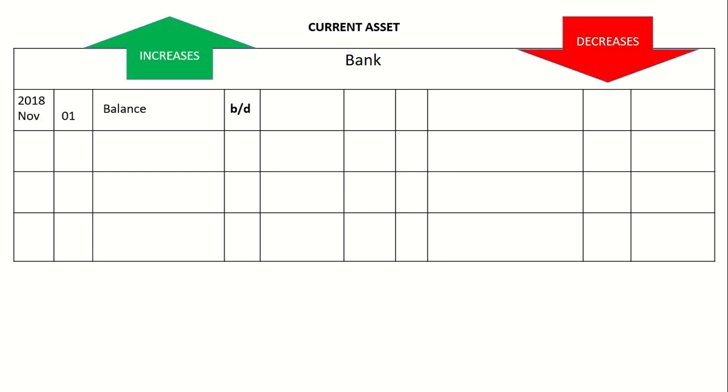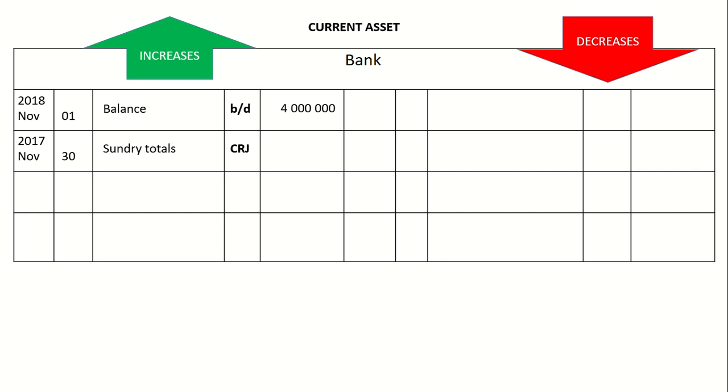Now in this case, balance brought down, we had 4 million, but that 4 million increased on the 1st of November. That's why I put in the 1st of November. I don't put in the beginning of the year. It's because our bank account will be prepared monthly. On the 1st of November, I will still have that 4 million rand, provided that nothing happened, we didn't receive any money or we didn't pay anything. Our 4 million rand will be the balance on the